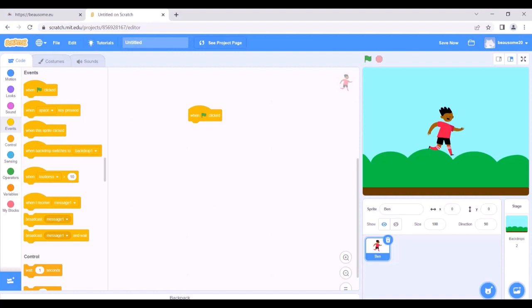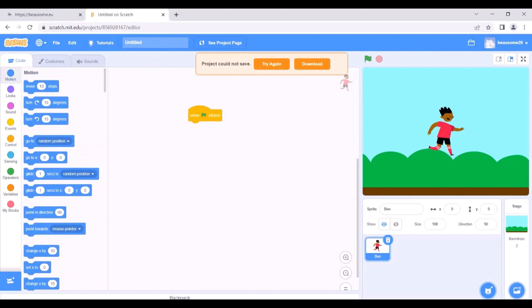Then I have to go to the motion area because I have to make my sprite move. So I have to go to motion and click move 10 steps. When you put this block in the coding area, you have to connect it with when flag clicked to create some actions.